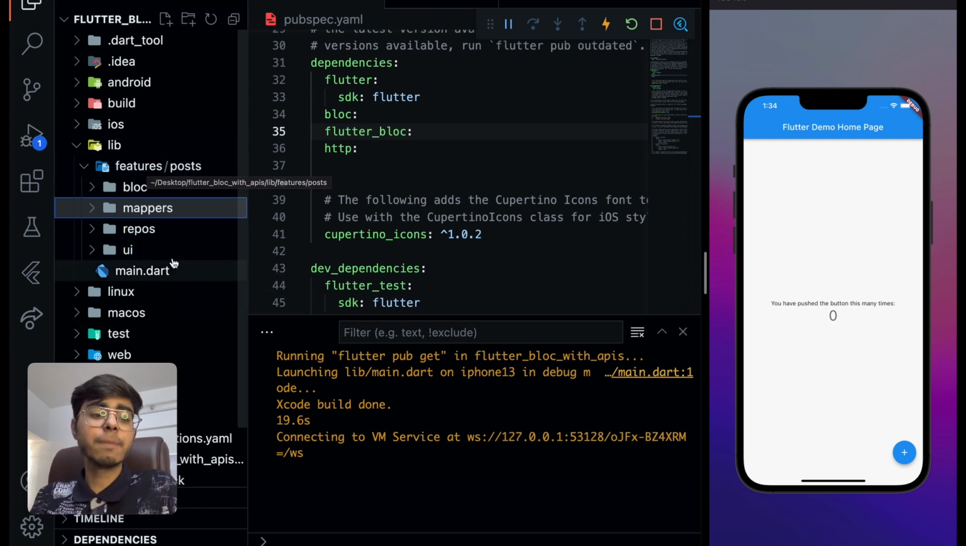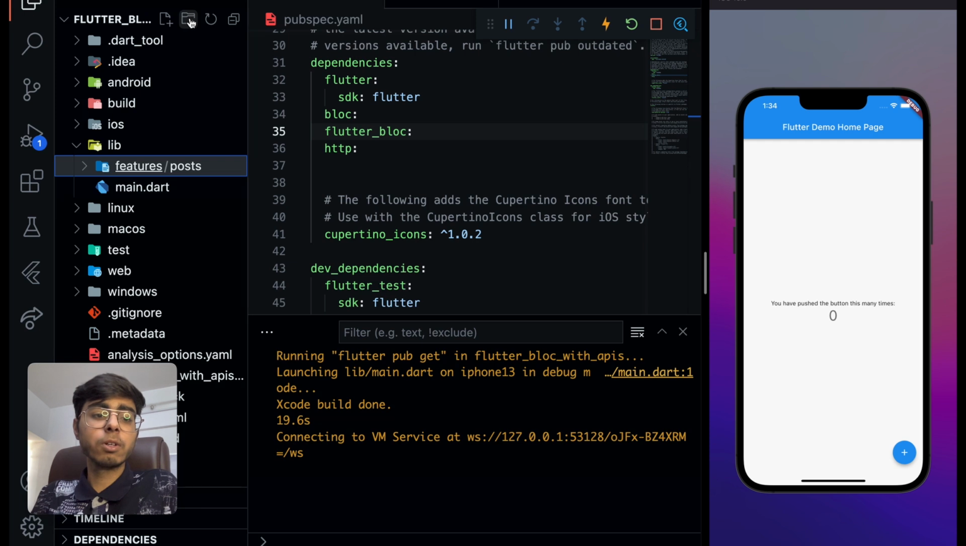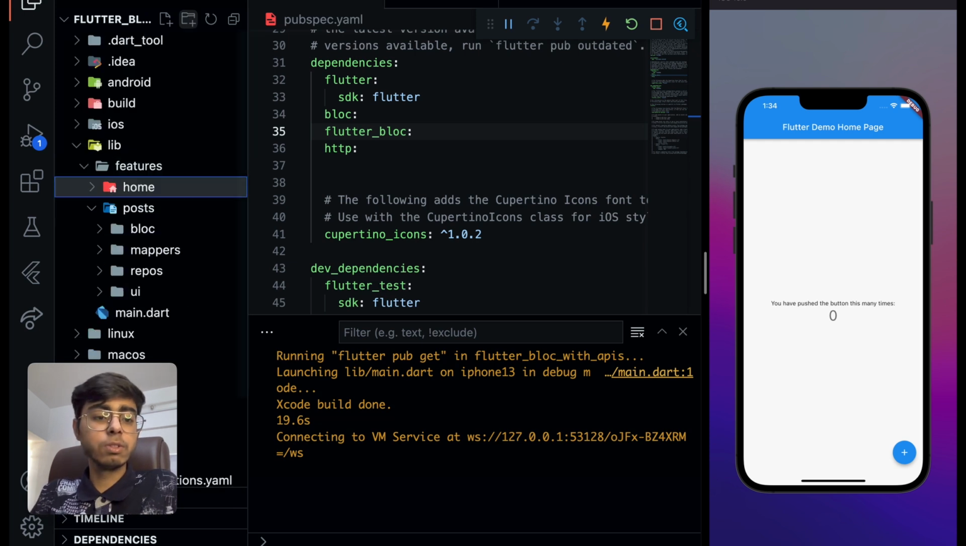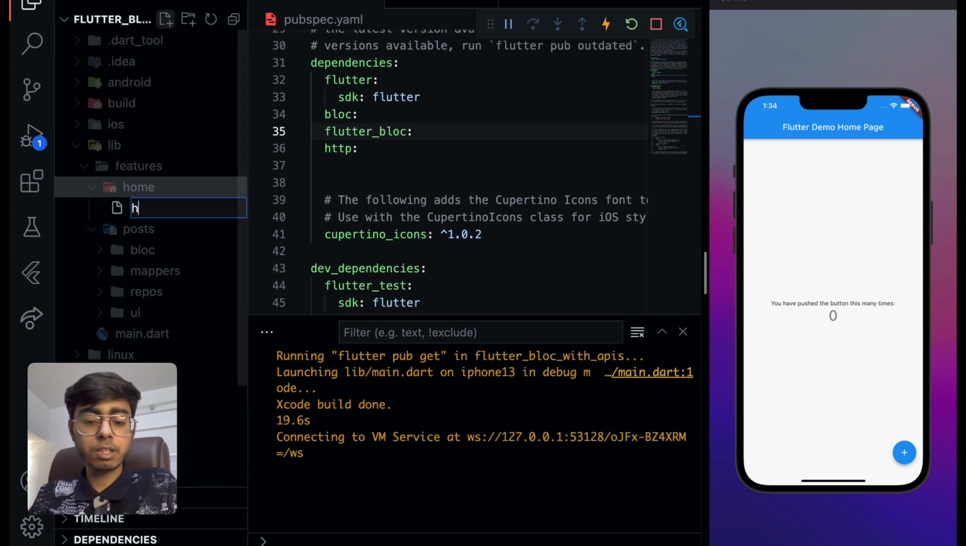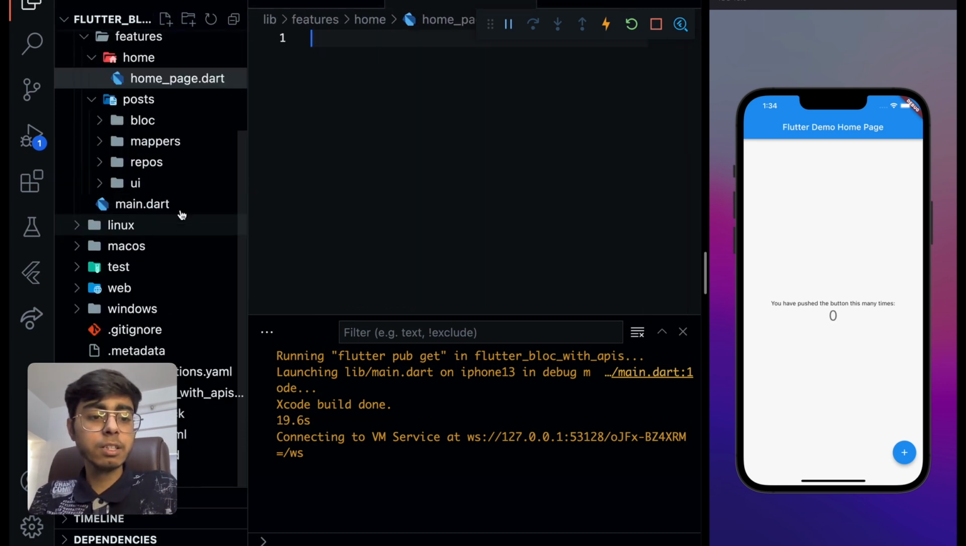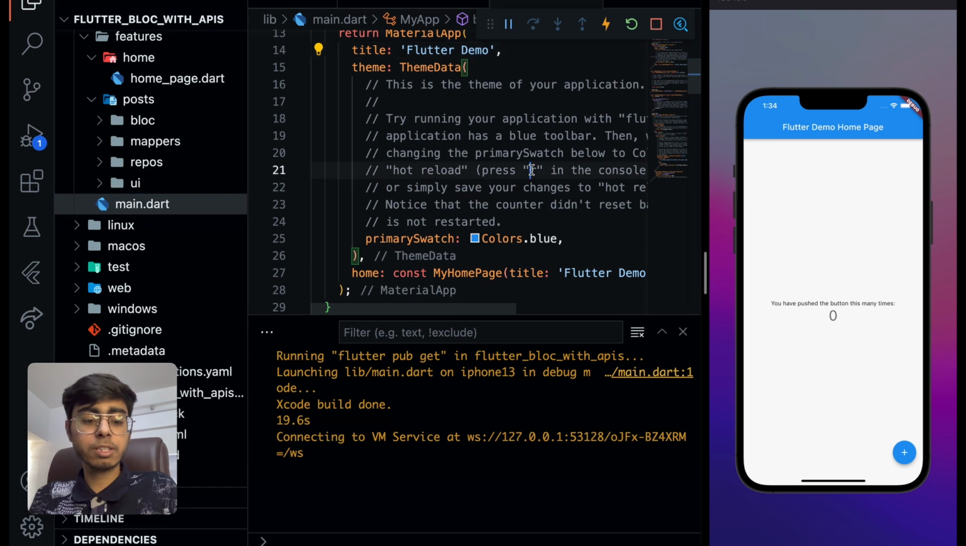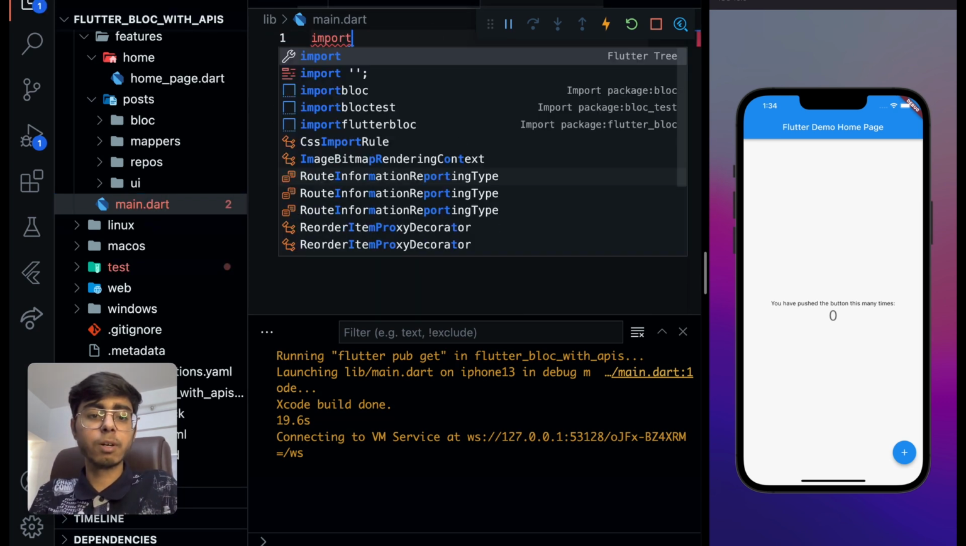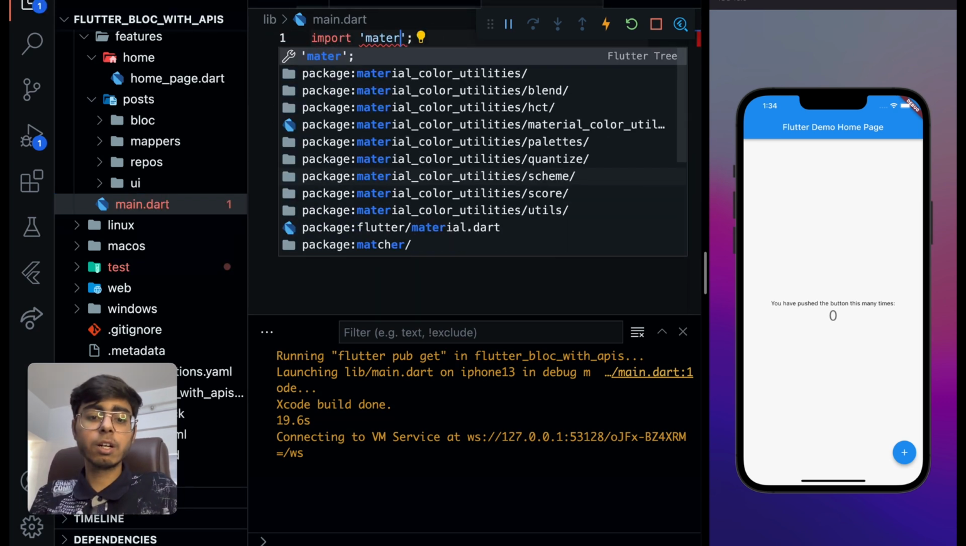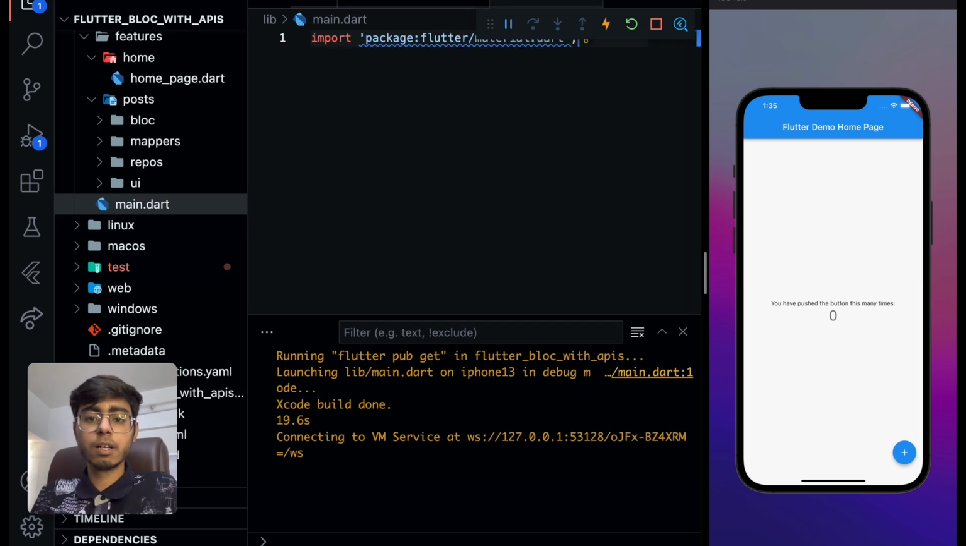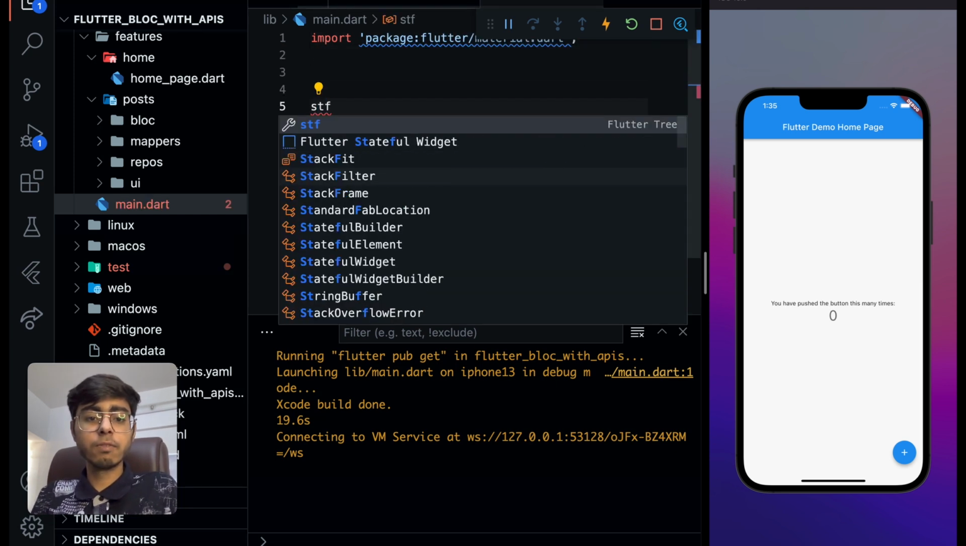Okay, so now we can start coding the home, that is the first page that my app is going to load. So inside features, I'm going to have a home folder also. So the home folder is going to have just a home page. So I'm going to have a home_page.dart, right? So this is clear. In the main.dart, I'm going to just clear everything, and I like to code everything from scratch. So material.dart,